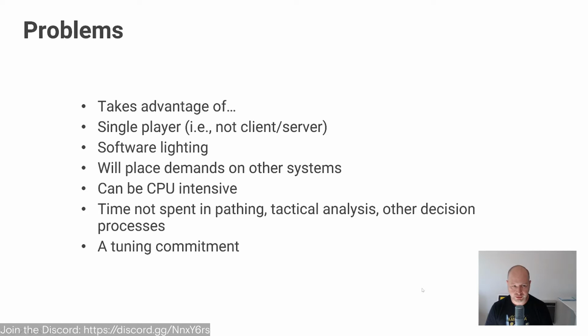Cool. There's some problems, I mean, everything has limitations, right? This system, as I just mentioned, could be very CPU intensive. It can place demands on systems. It also goes up n squared in complexity, right? For every AI that needs to be aware of every other thing, you just add another n things to pay attention to. So it can be very expensive, and you might want to even layer octrees and all the stuff that you do to optimize collision detection and rendering on top of this.